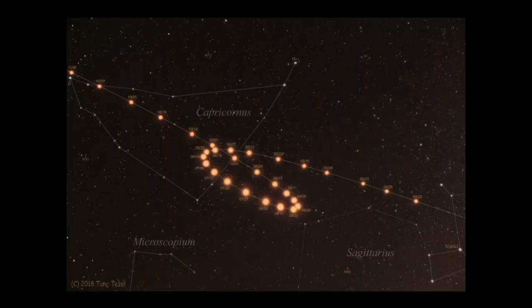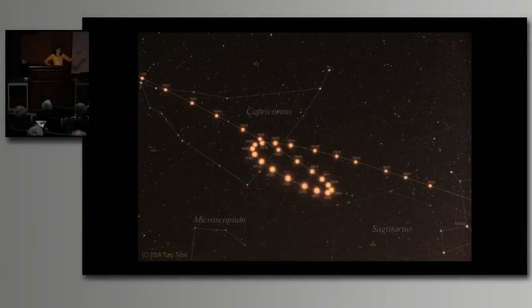Until someone stopped to observe them carefully, recording their positions every night, and realized that they move very differently from the stars. They start moving in one direction, and then they start going in a retrograde direction, and then they keep going in the same direction. And this observation was done more than 2,000 years ago by the ancient Greeks, or maybe even earlier by the ancient Egyptians. This is why the ancient Greeks called them wandering stars, because they seem to wander in the sky, and the word planet comes from the Greek planetes, that means wanderer.